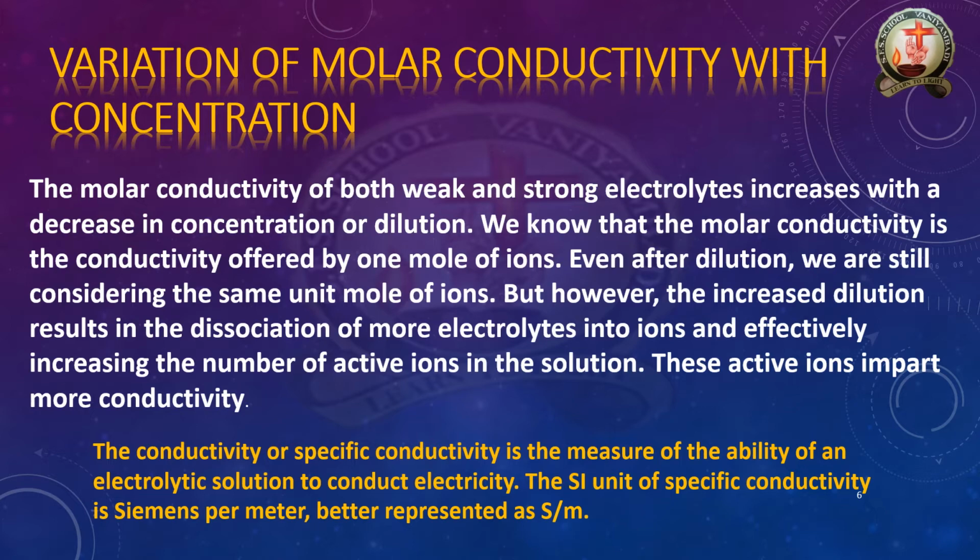What happens finally? The conductivity will be more because the movement of ions will be more. The space between the ions will be more, so they move easily from one end to the other very fast. The fast random movement will occur, and electricity will be conducted very fast. You can understand: increasing concentration decreases conductivity, and decreasing concentration increases the conductivity, particularly the molar conductivity.